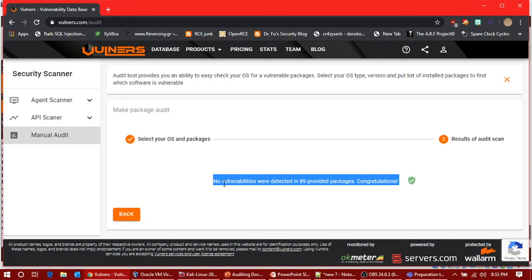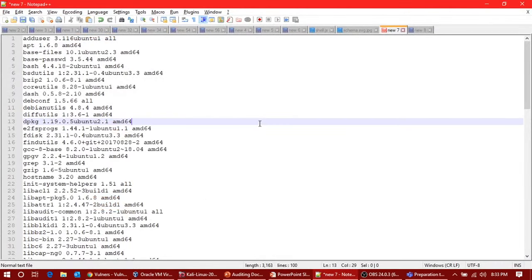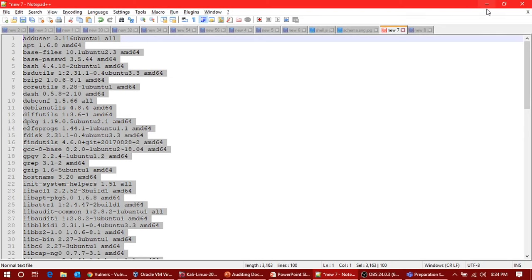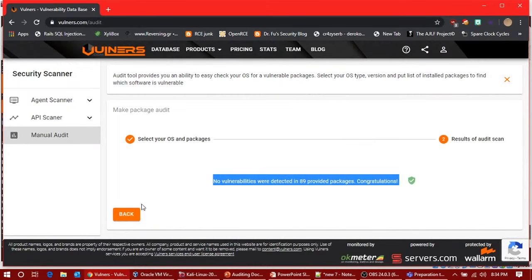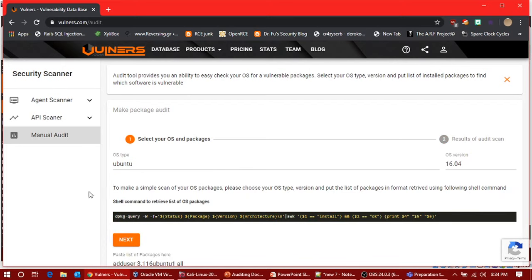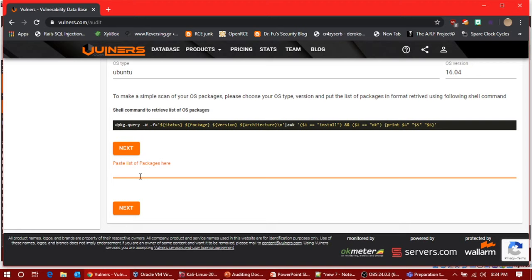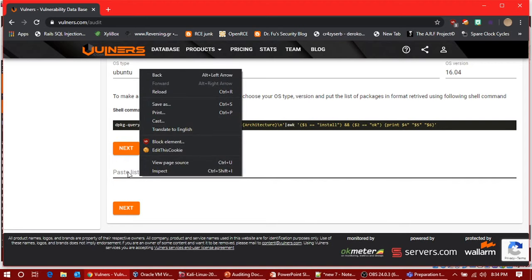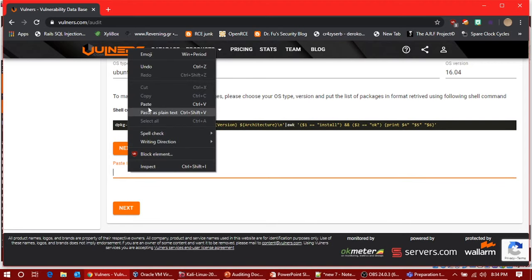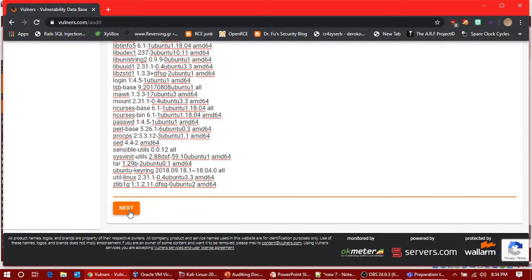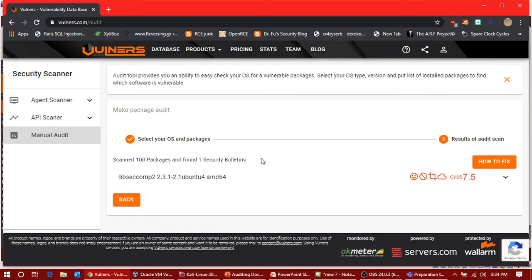This is because I freshly downloaded this Ubuntu machine and I have updated it, and everything is up to date. So just for the demo, I have the command executed from an older machine and saved it in my notepad. We will try to see what would be the output if I run that. So pasting it here and next. You can see, right,